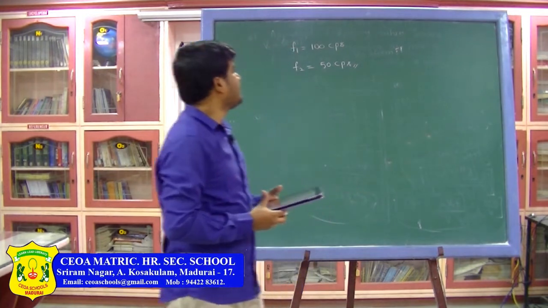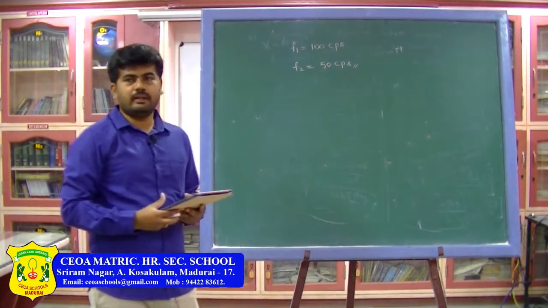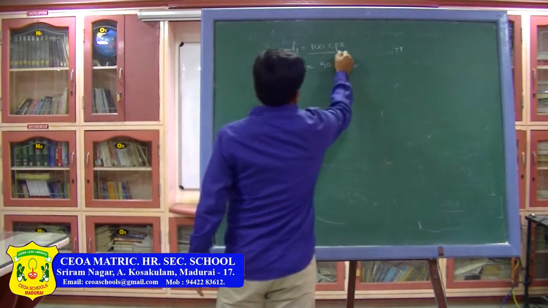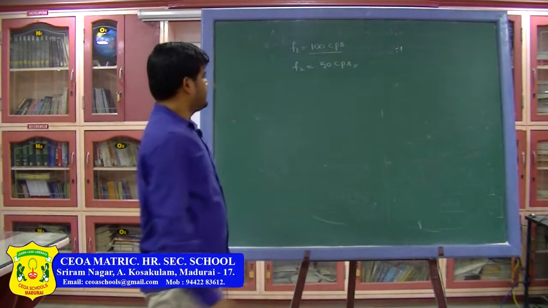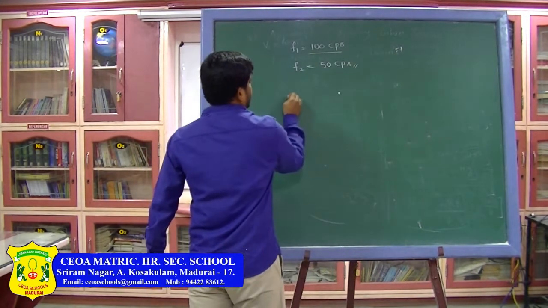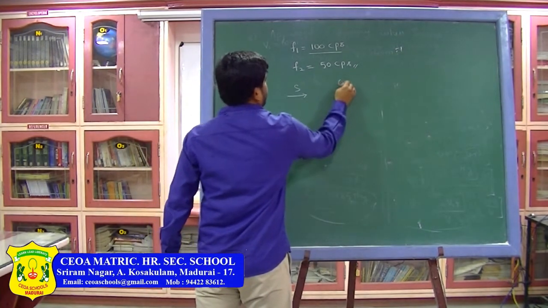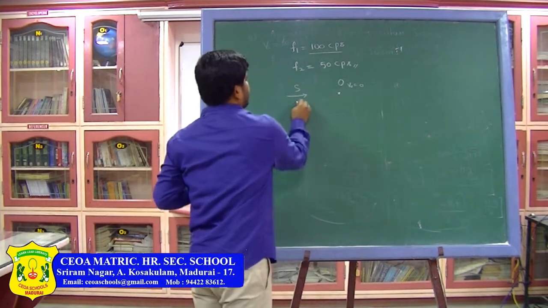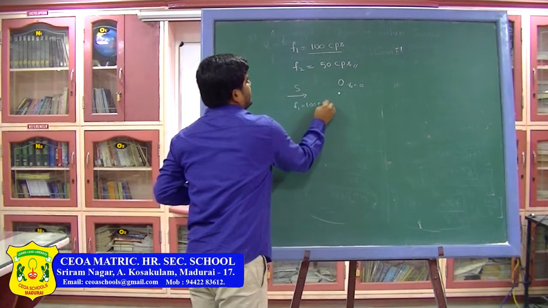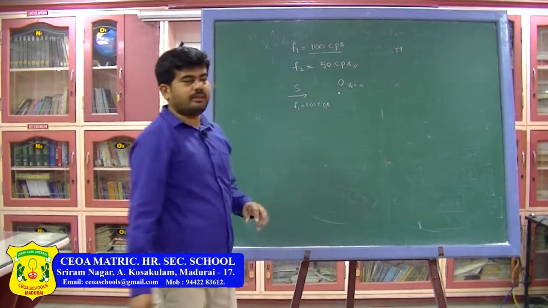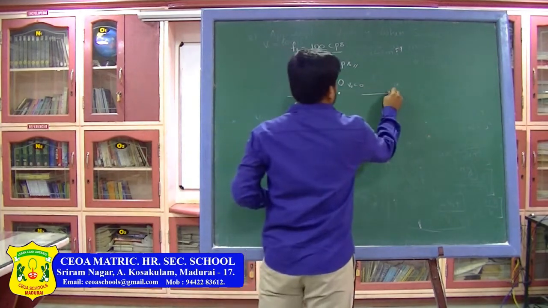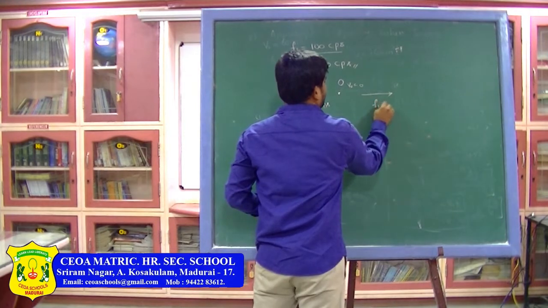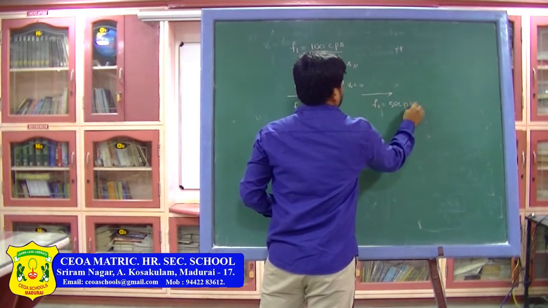That means the actual frequency of the source we have to calculate. Now let us do this problem. So this is the frequency when a train is moving towards the observer. Let the source be moving towards the observer who is at rest, V0 is equal to 0, and this frequency is given, that is 100 cycles per second. The second frequency is the frequency when the source is moving away from the observer, that is F2, F2 is equal to 50 cps.